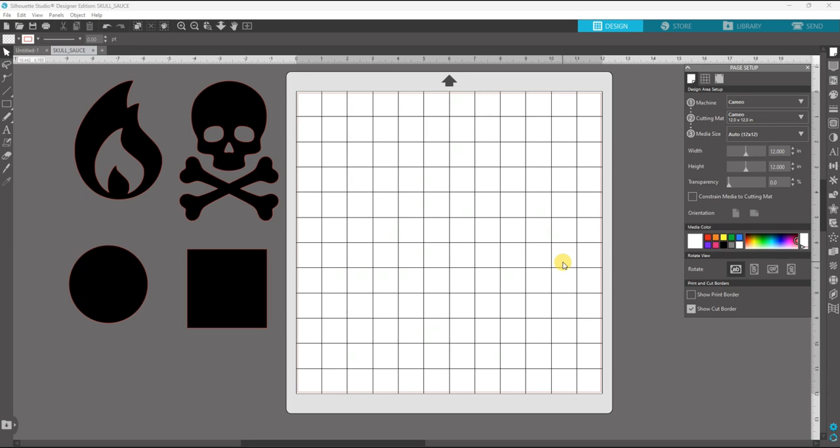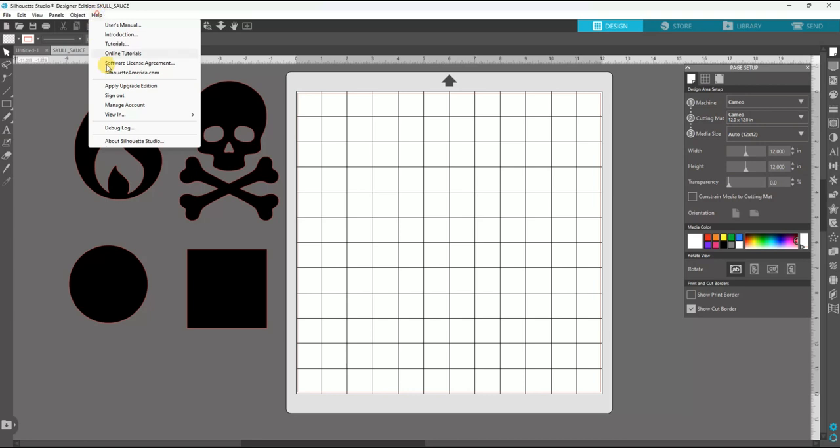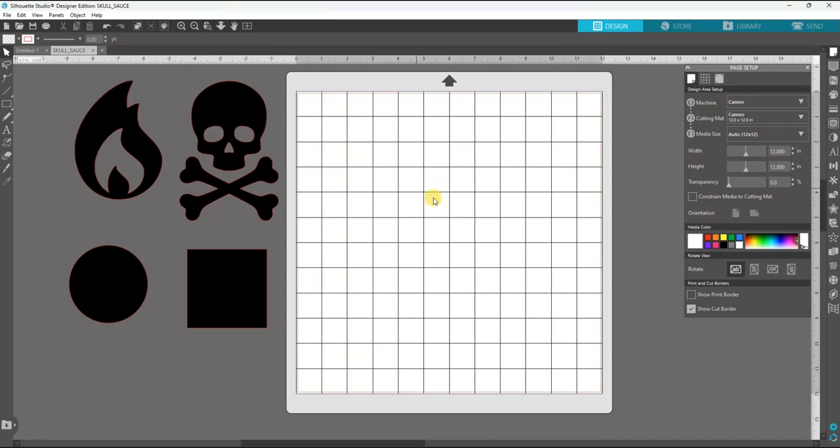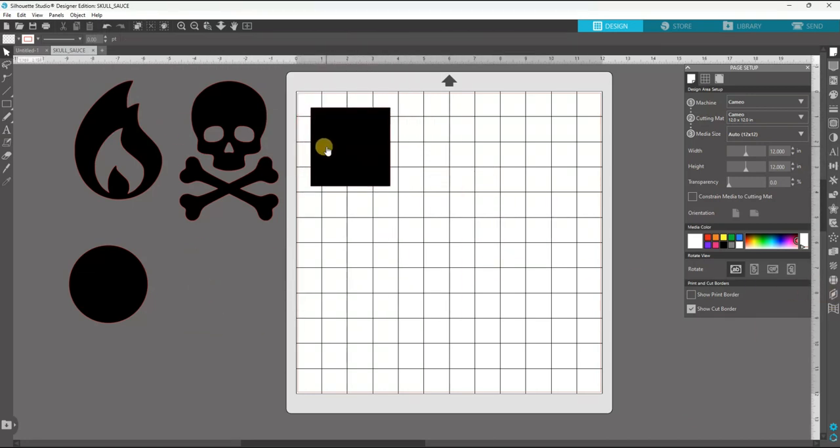Okay, I'm going to show you the basics of the Rhinestone panel. So I got some shapes here to show you. You do need Designer Edition. You can see I have Designer Edition set. Standard Edition does not have the Rhinestone tool. So if we take the square, go down here, third from the bottom, if you're in Designer,